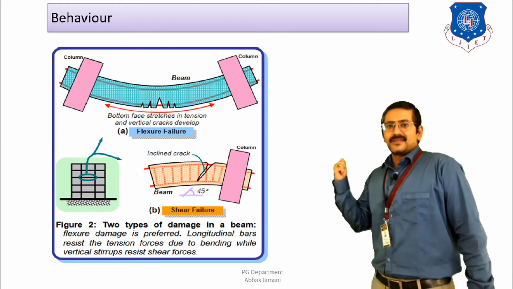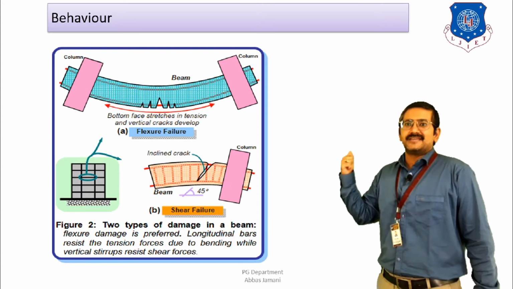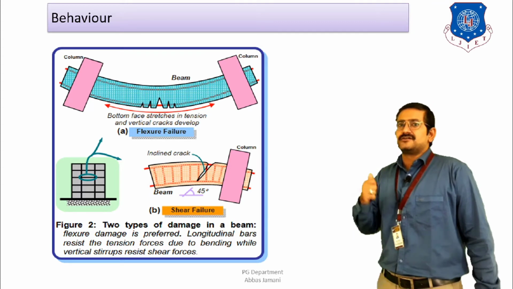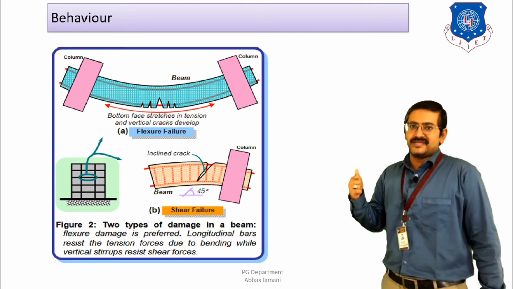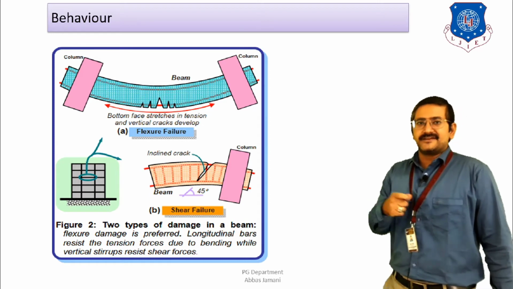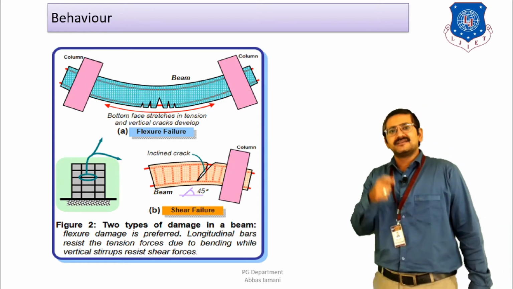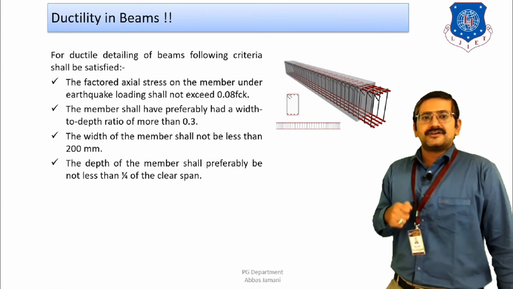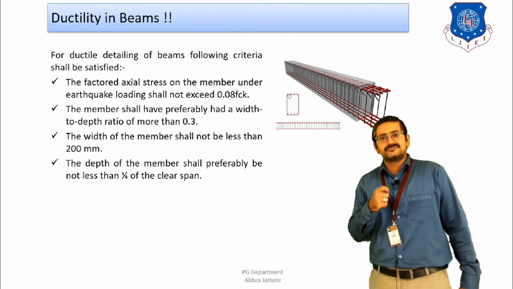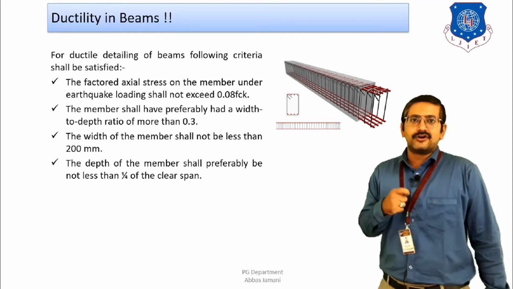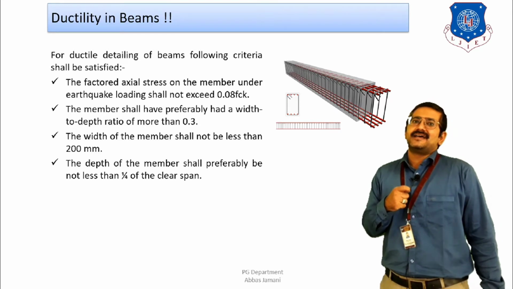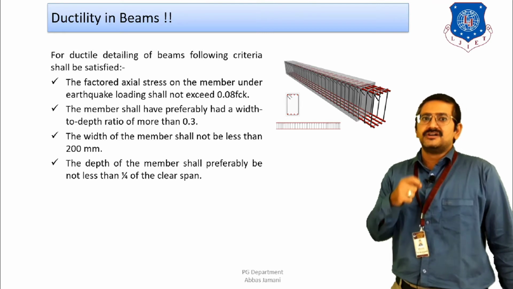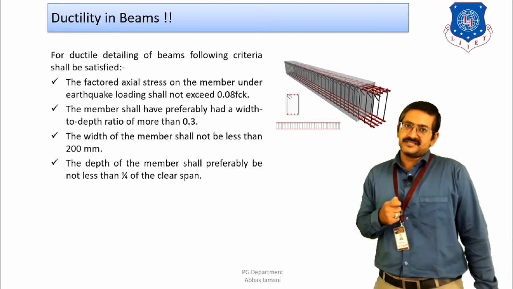In case of shear also, if the shear cracks are happening, then again a brittle failure will start, and we do not want that type of failure, right? So ductility has to be introduced in the members, and if it is introduced, then the elongation of bars will take place, and the ductile failure will be possible, right? We have understood the significance of ductility in beams, but if I want to introduce ductility, then there are certain guidelines given by IS 13920, and I have to strictly follow these guidelines in order to ensure that the ductile behavior of horizontal members is achieved, right?